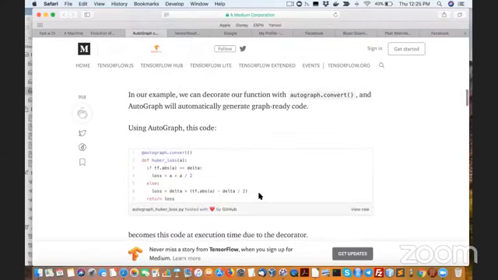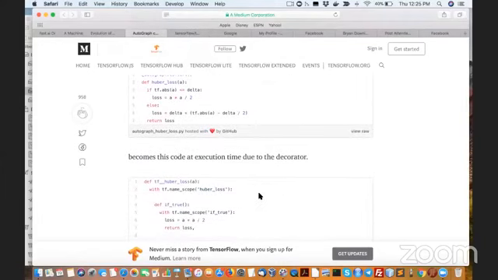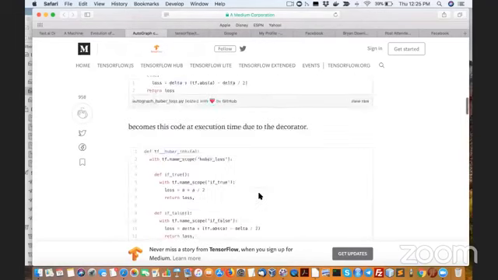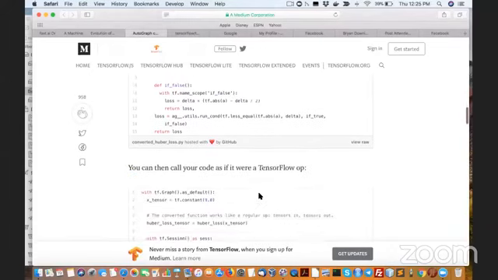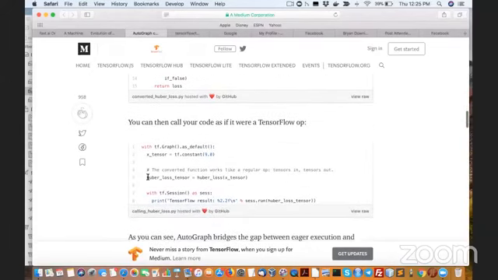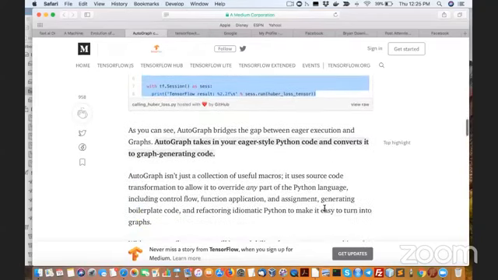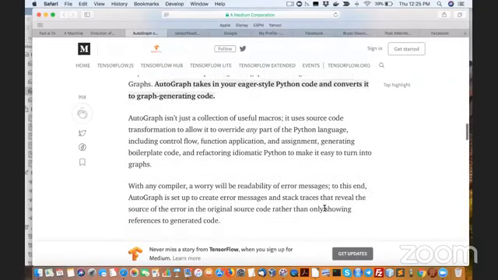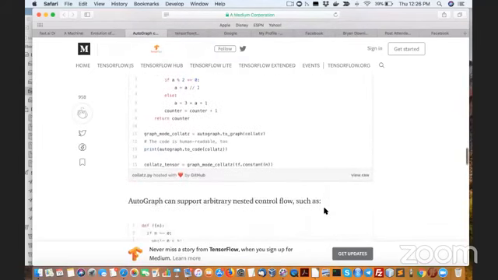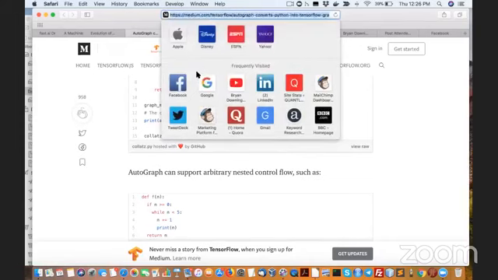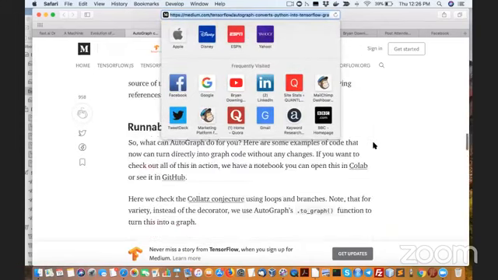So here's some sample code. And then you run it through the equivalent of what they call a decorator in programming, and I'll pump out something totally different. This is an example of that, being able to use graphs as a way to speed up, similar to metaprogramming. Now, I'm not going to get into this, but there are some runnable examples here in this article,